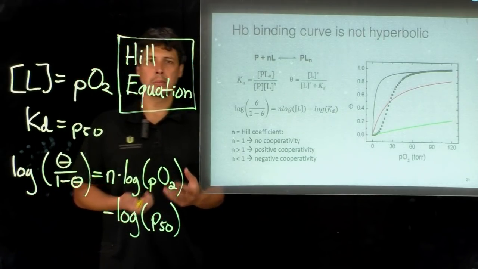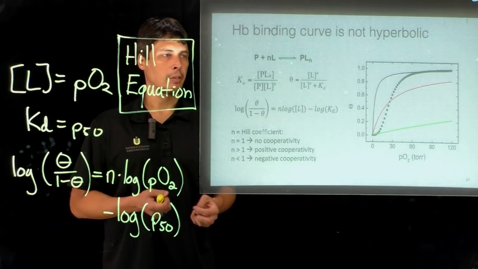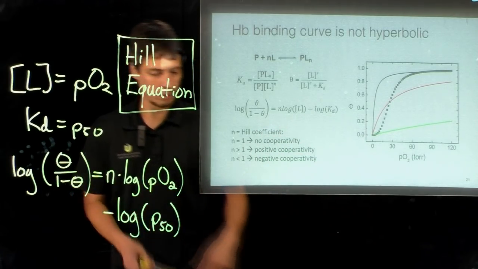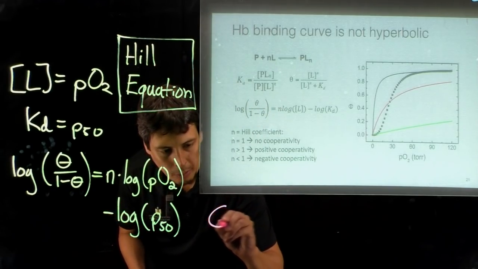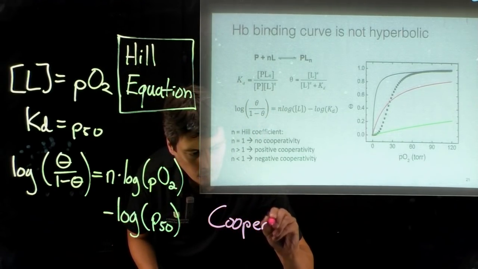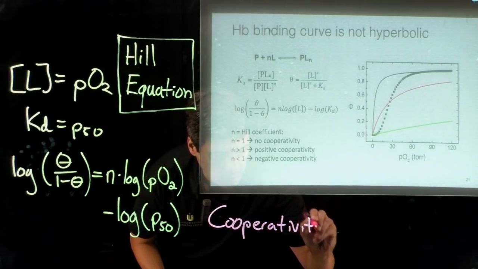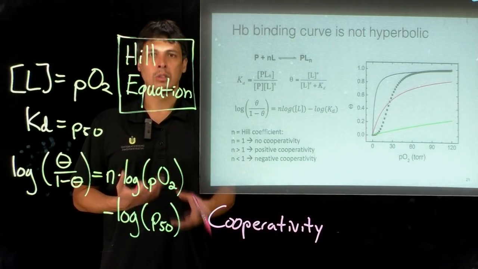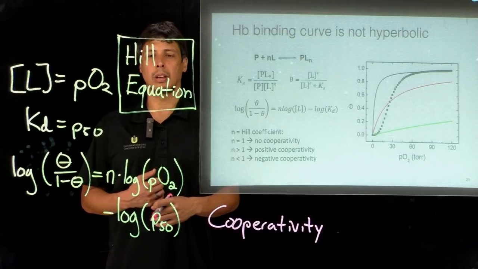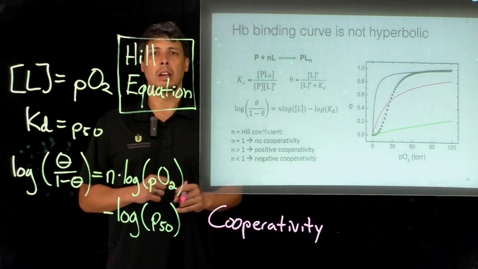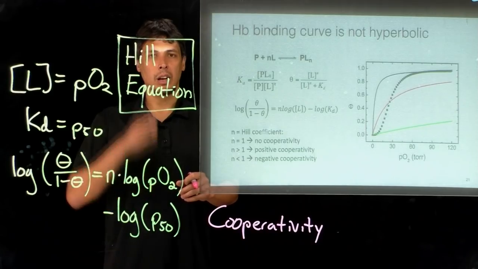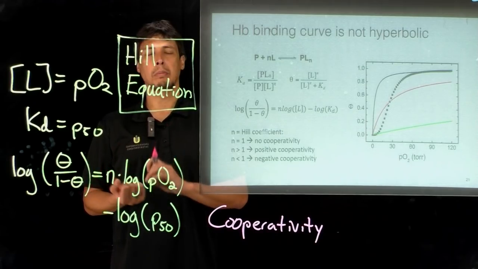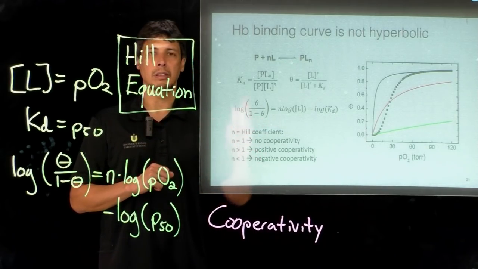Now, what this is actually telling us is that if we can fit this binding curve to a Hill equation, that is indicative of a phenomenon called cooperativity. We'll get to the structural basis of cooperativity, but essentially it means that the binding of a ligand to one of the binding sites on the protein, so again, in the tetramer of hemoglobin, if O2 is bound to one of the hemes, then in cooperativity this binding influences the binding affinities of the other